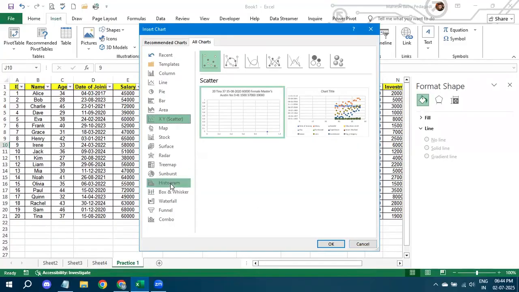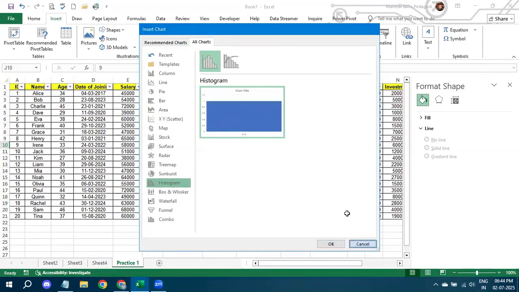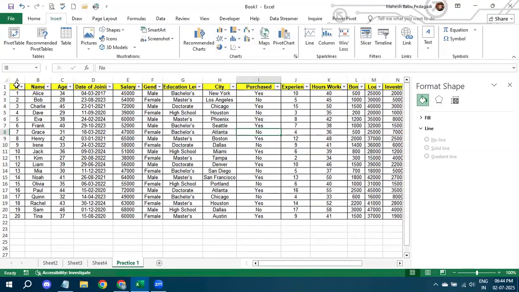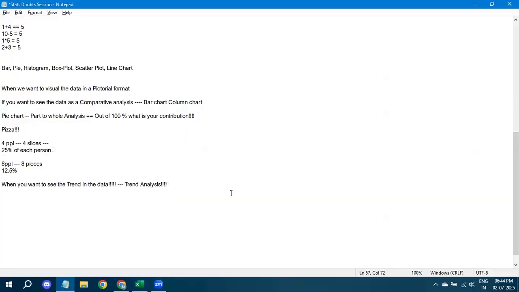Okay, before that, I will go for histogram, guys. What is a histogram? Now, these are the basic statistics. Histogram talks about the distribution of the data. What do you understand by the term distribution? Distribution means